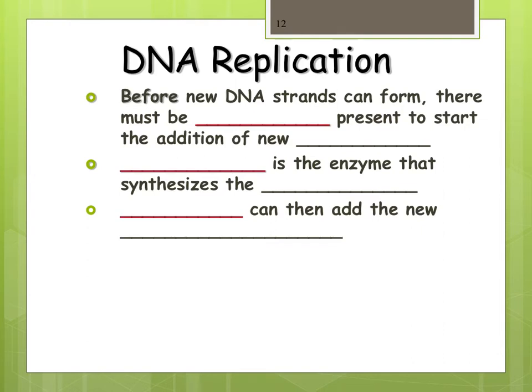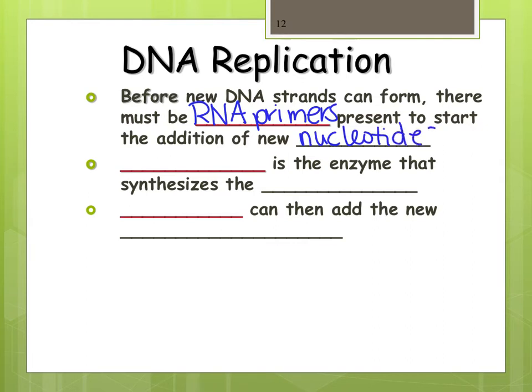So the primer that we lay down has got to be a nucleotide that doesn't mind being single-stranded. What kind of nucleotides don't mind being single-stranded? Do you know a nucleic acid that's single-stranded and not double-stranded? Well, there was DNA, and that one likes to be double-stranded. RNA. So we have to lay down these RNA primers. These RNA primers are going to give us a place to start the addition of new nucleotides.